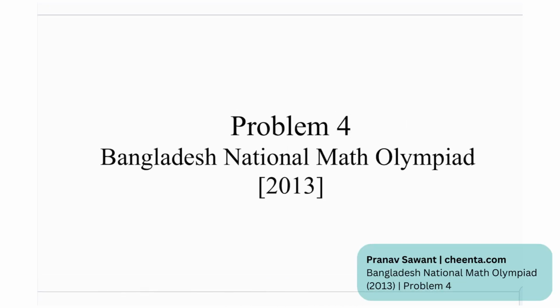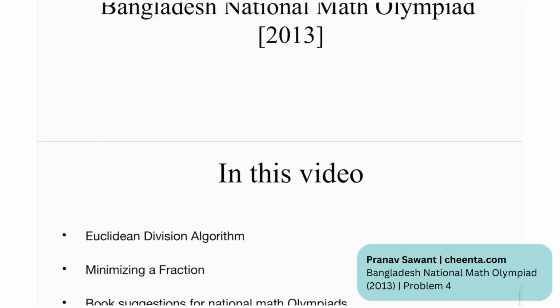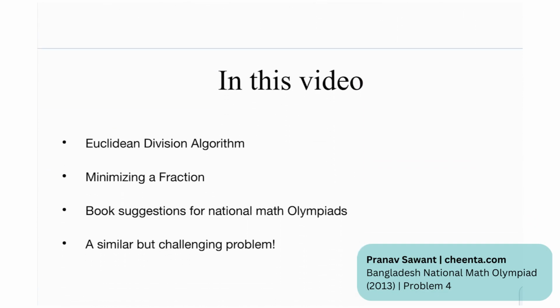So this is problem number 4 from the Bangladesh National Math Olympiad in the year 2013. In this video, we're going to talk about the Euclidean division algorithm and about minimizing a fraction. Essentially, that's the goal of the video. Then we are going to look at book sessions for the National Math Olympiad, and at the end, a similar